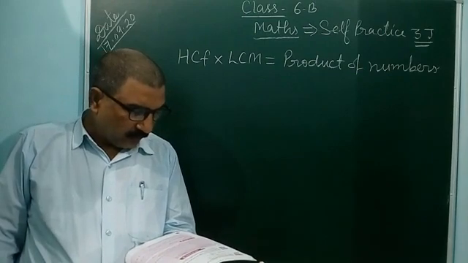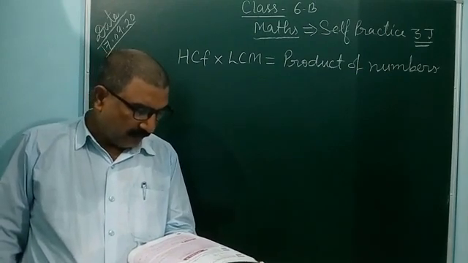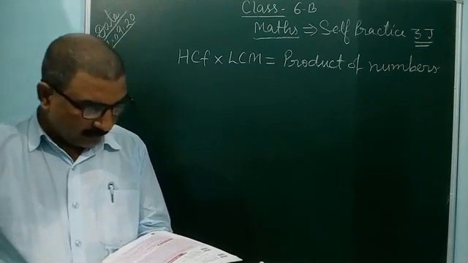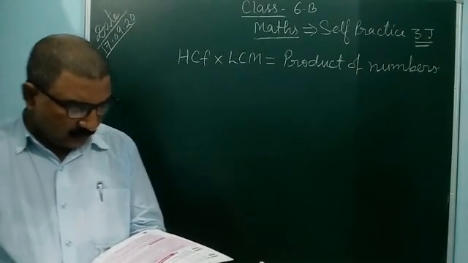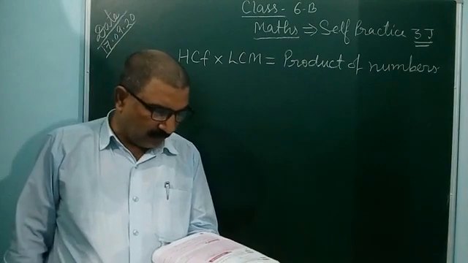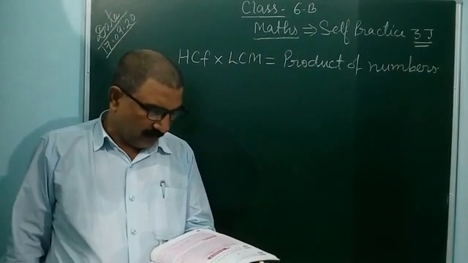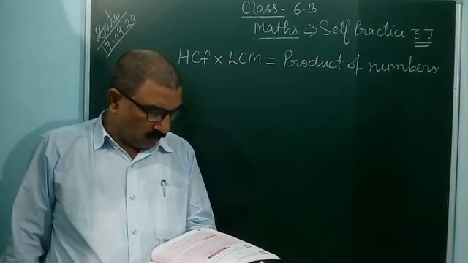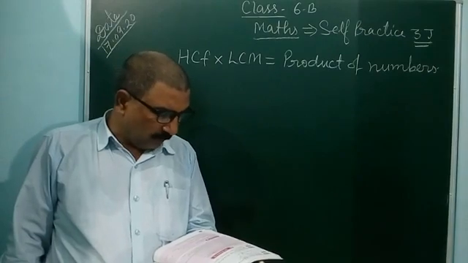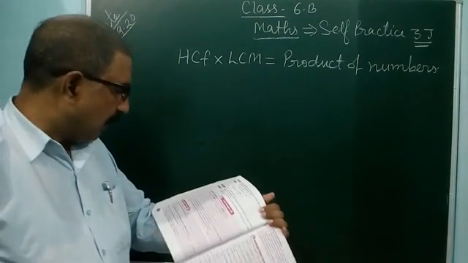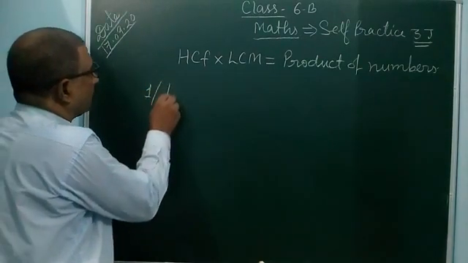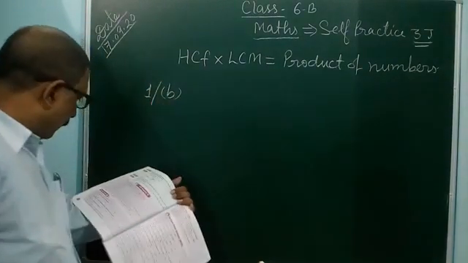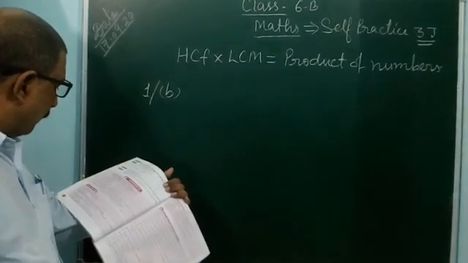9 into 12 is equal to 108. It means the product of numbers is given, and the product of HCF and LCM is also 3 into 36. So 36 into 3, if you multiply, it will come 108. So now you can fill B. How can you fill B first? As the product of numbers is given,